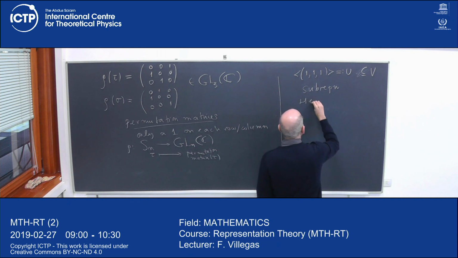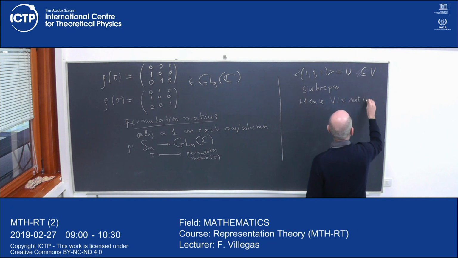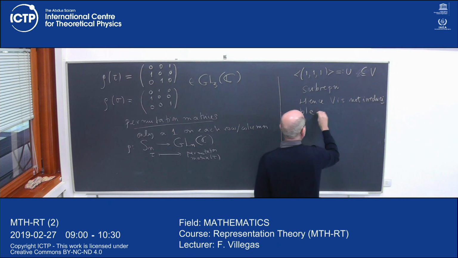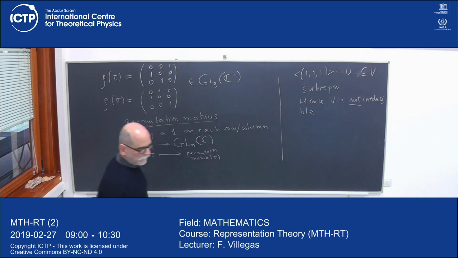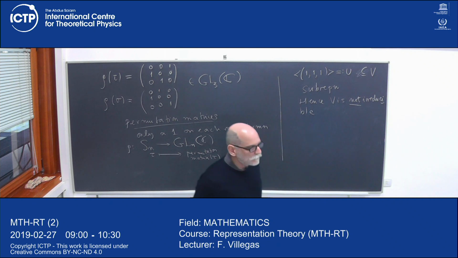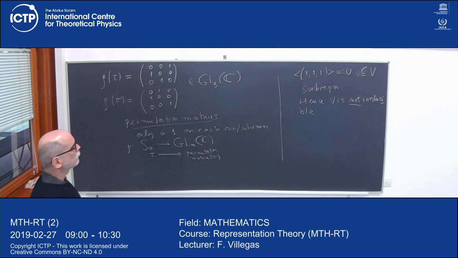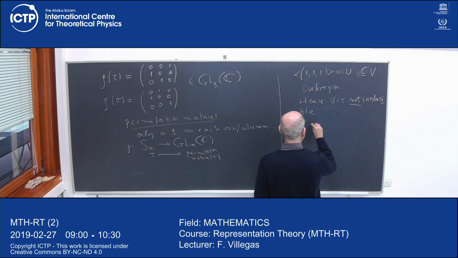Hence V is not irreducible. As I said, I'm going to go over this example slowly and by hand, and much of what we do we'll do more theoretically in general later. So our vector space contains this subspace, this line,